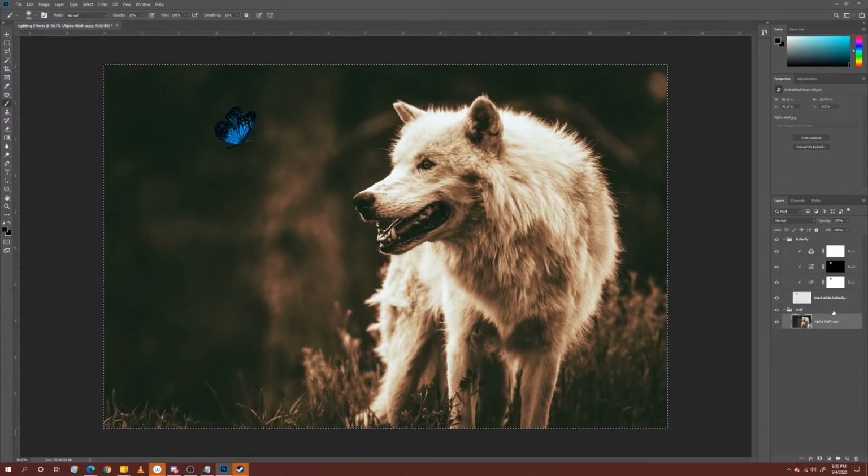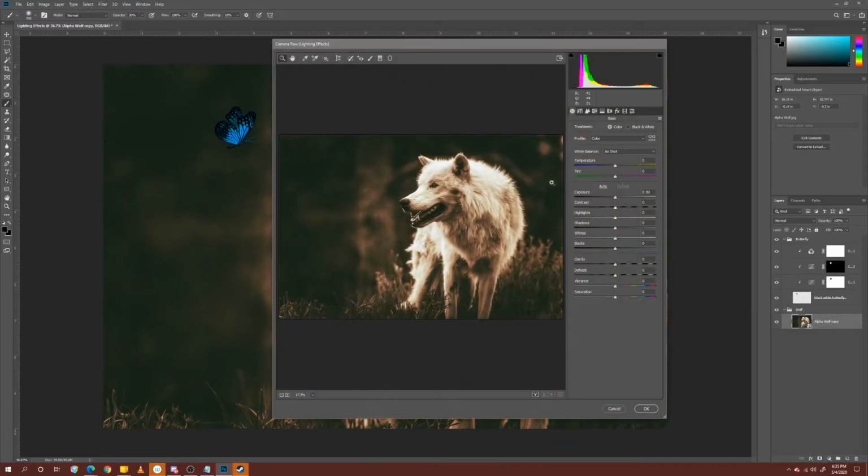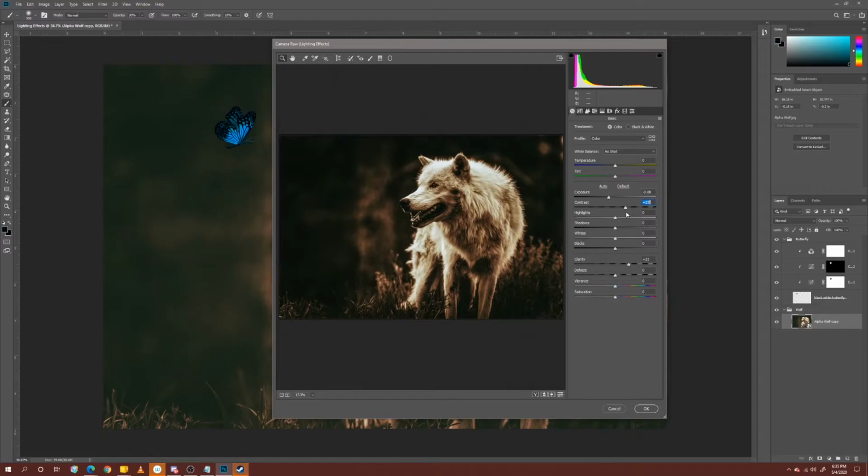So we're going to go to our wolf now, and as I mentioned, I'm going to be using a camera raw filter, and I'm going to go to my filter and then camera raw. What I'm going to be doing here is increasing the clarity quite a bit, but I'm going to be bringing down the exposure as we're pretty overexposed, and I may decrease the contrast as well. And let me try to increase it. Yeah, so I'm going to increase just a little bit,